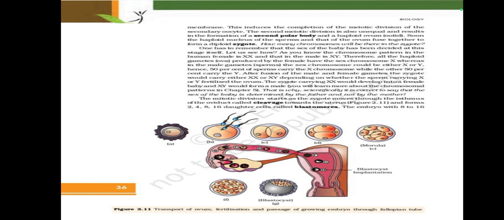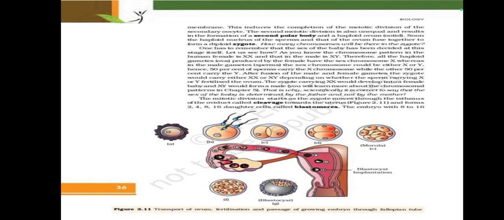After fusion of the male and female gametes, the zygote would carry either XX or XY depending on whether the sperm carrying X or Y fertilized the ovum. The zygote carrying XX would develop into a female baby and XY would form a male. You will learn more about the chromosomal pattern in chapter 5. That's why scientifically it is correct to say that the sex of the baby is determined by the father